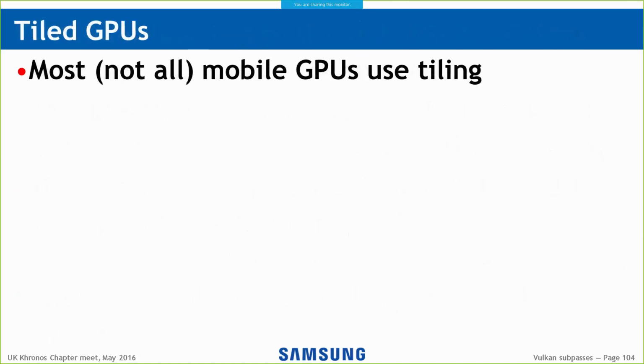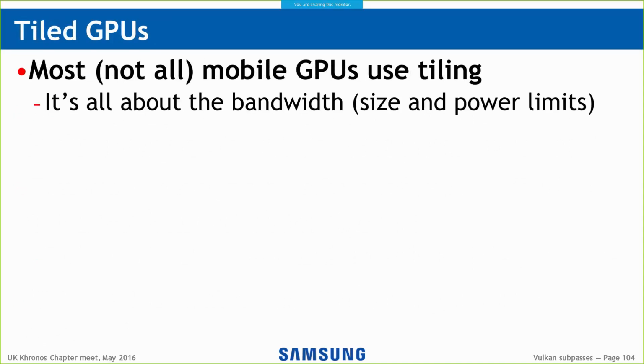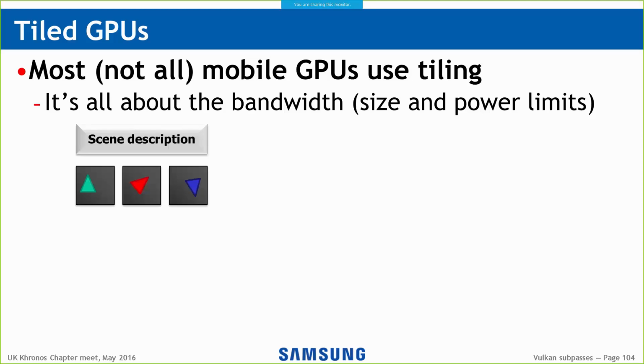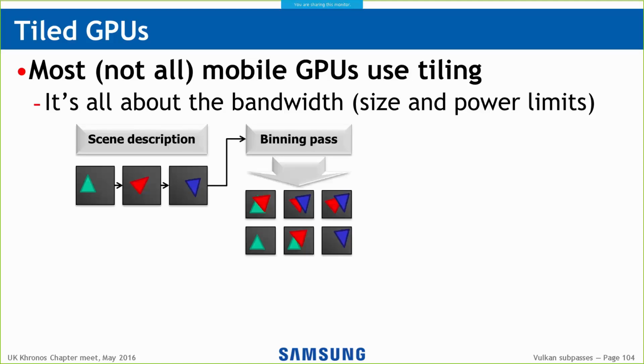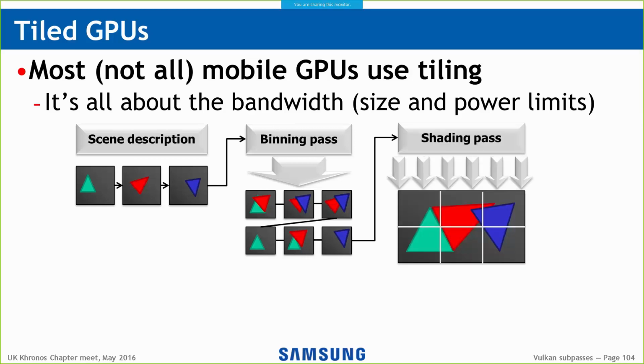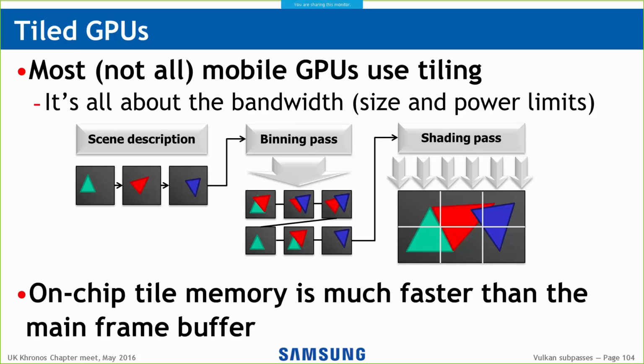So I hope everyone here knows about tile GPUs. I will do this very quickly just in case. Bandwidth is the problem. So you take the scene, you throw it at some binning hardware, which splits it up into regions of the screen and works out which primitives touch which areas of the screen. Then you render each of those regions of the screen internally, effectively. And by having on-chip memory for those regions of the screen, it avoids you going out to main memory every time, and that makes everything go nice and fast. So you have nice, fast on-chip memory, and you don't have to worry about your tiny little external bus to deal with your low power